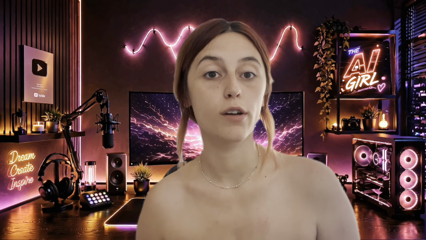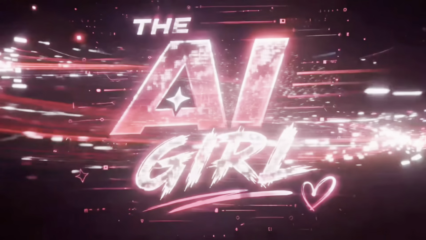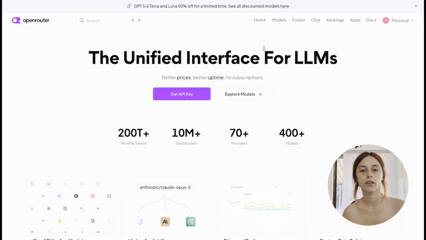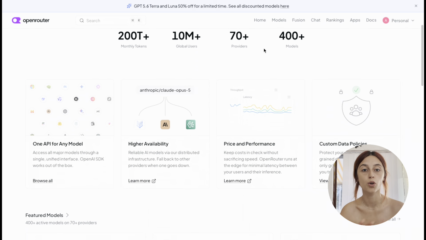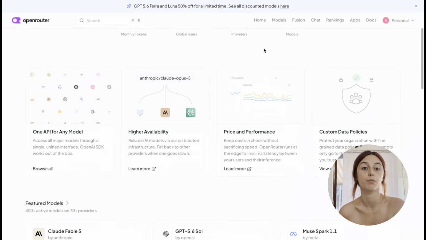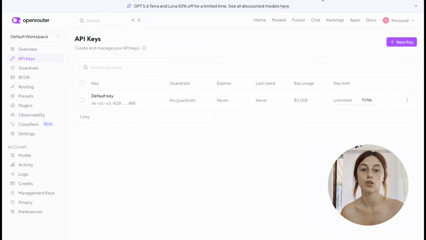Access hundreds of the world's most powerful AI models through a single API instead of managing dozens of different providers. That is exactly what OpenRouter makes possible. Rather than creating separate accounts for OpenAI, Anthropic, Google, Meta, DeepSeek, and many others, OpenRouter gives you one unified interface that connects to over 400 AI models across more than 70 providers. So in this tutorial, I'll show you how to get started, create your API key, and test your first AI